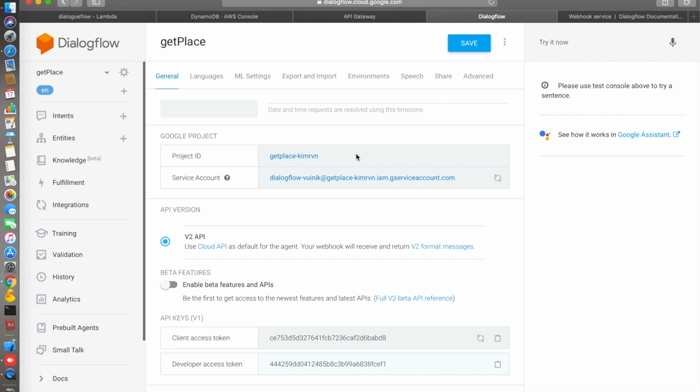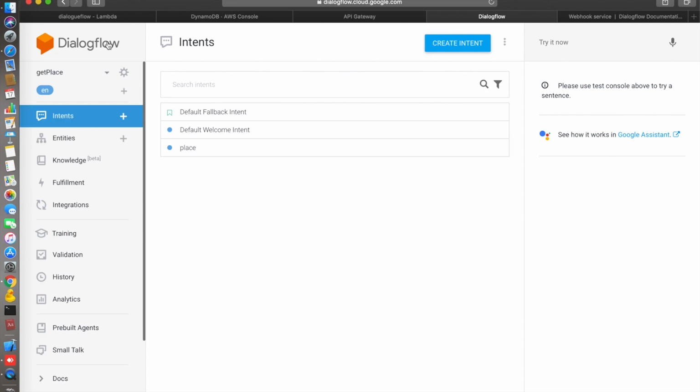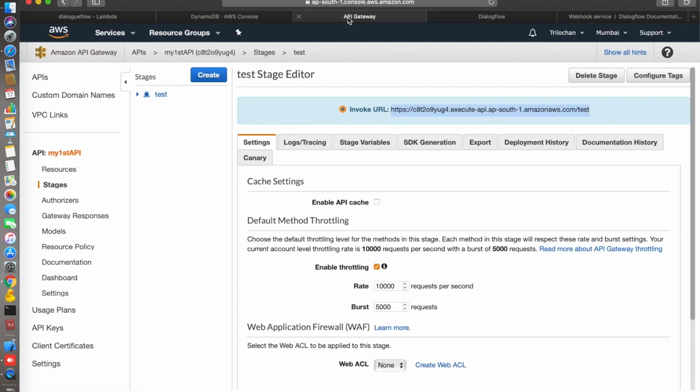So let's go to the API gateway. Yes, this is my URL. In your case, you can get your own API endpoints.